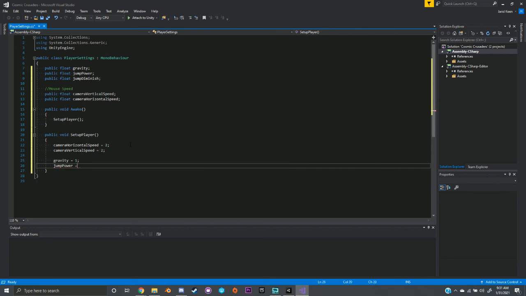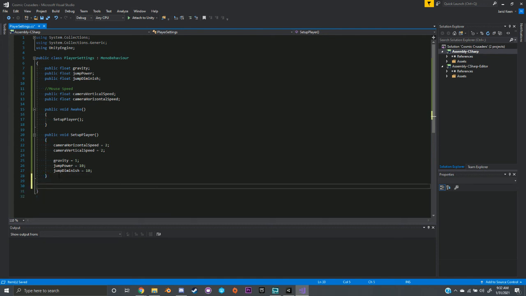We're going to set that equal to 10. And jump diminish, we're going to set that one equal to 10 as well. There we go. So once we have that done, that is our player setup. But before we leave, we want to go underneath our public void setup method, press enter twice to create a